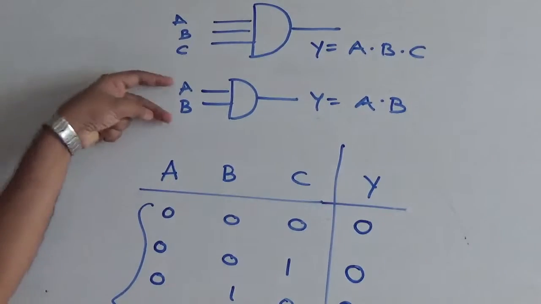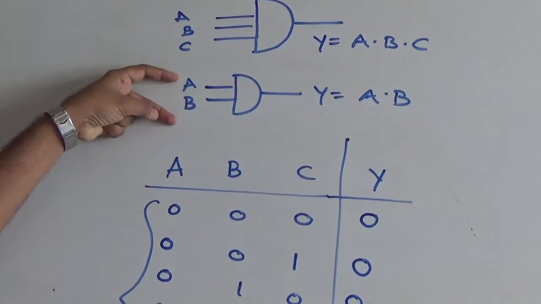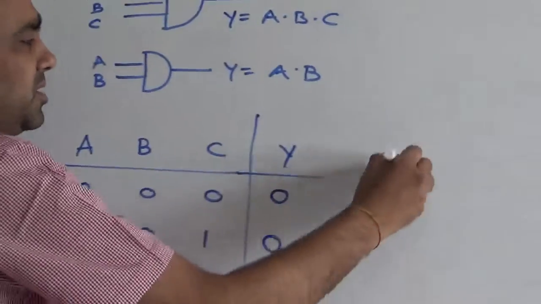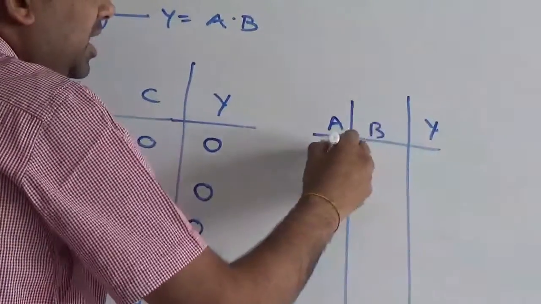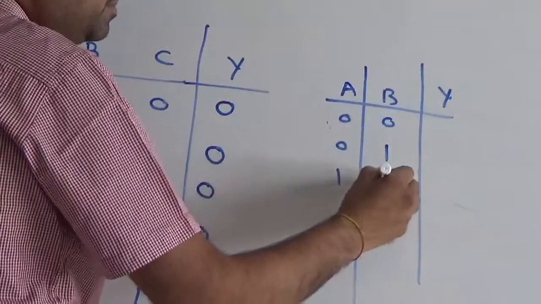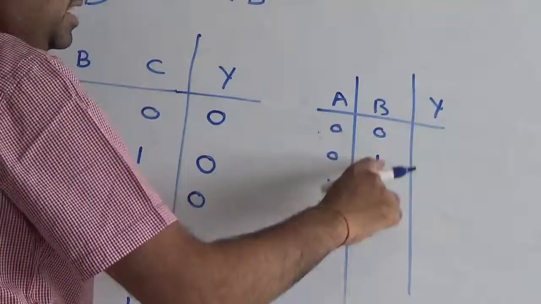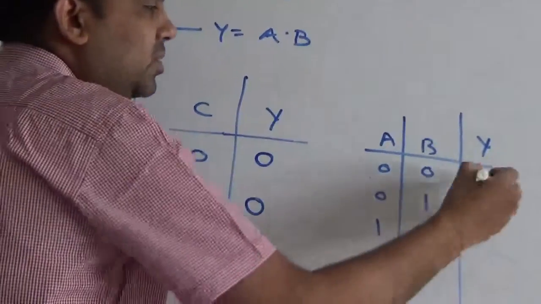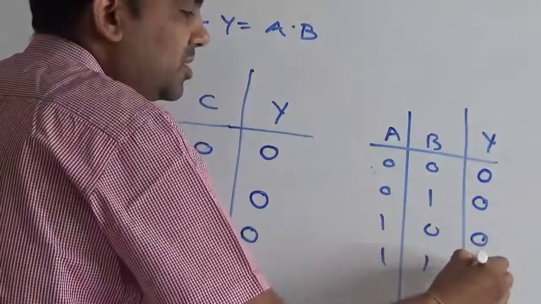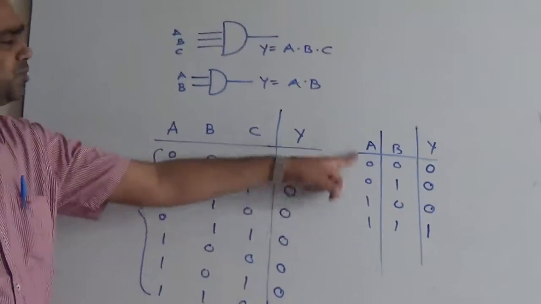Now with 2 inputs, suppose you have only 2 friends and you want to go to cinema. Your decision will work like this. So you have A, B and Y. So there will be 4 possibilities. Both friends don't come, one friend comes, the other comes while the first one doesn't, or both are coming. So in all these cases output is 0, here it is 1. So it is about the 2 friends.